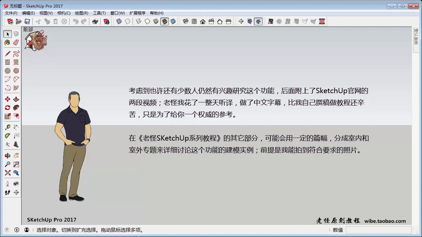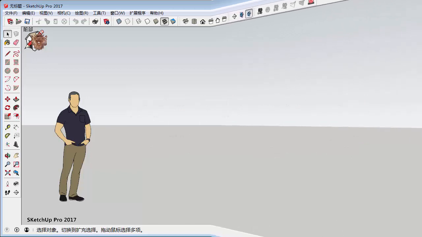做了中文字幕，比我自己撰稿做教程还辛苦，只是为了给你一个权威的参考。在老怪 SketchUp 系列教程的其他部分，可能会用一定的篇幅，分成室内和室外专题来详细讨论这个功能的建模实例。前提是我能拍到符合要求的照片。